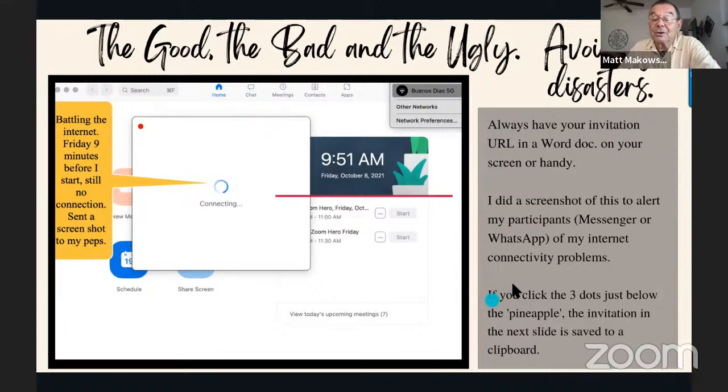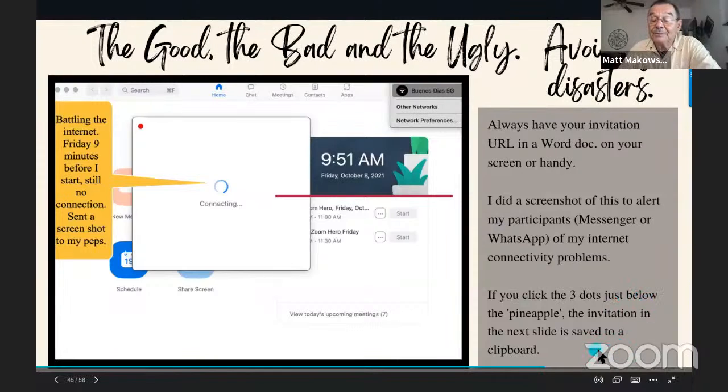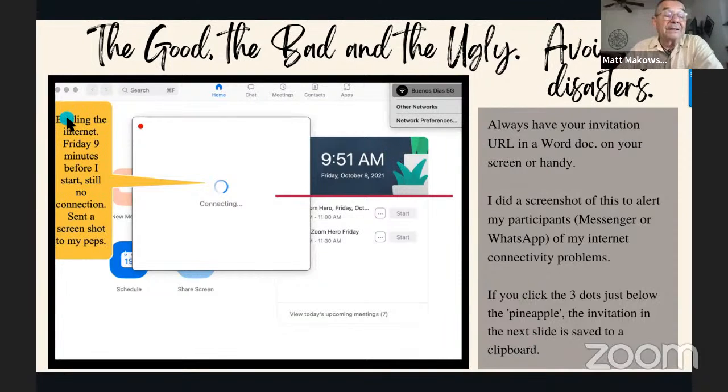Okay, so if you click the 3 dots just below the pineapple, the invitation in the next slide is saved to a clipboard. So have a look at what's going on here, okay? And it says, battling the internet, Friday the 9th, minutes before I start, still no connection, sent a screenshot to my peeps. So I did a screenshot, which was using